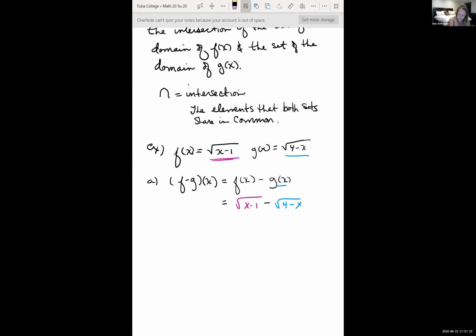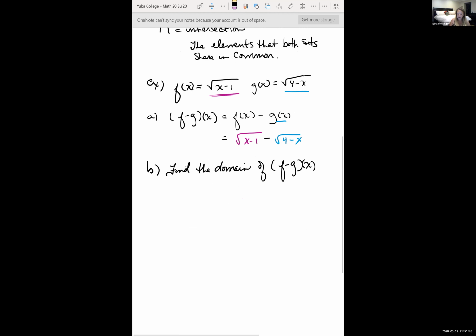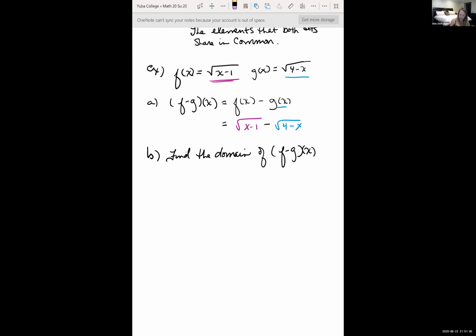So part B, let's say they wanted us to figure out what is the domain. So find the domain of f minus g of x. Well, we need to look at the domain of f of x, and we need to find the domain of g of x. And then we're going to look at what they both share in common. So the domain of f of x